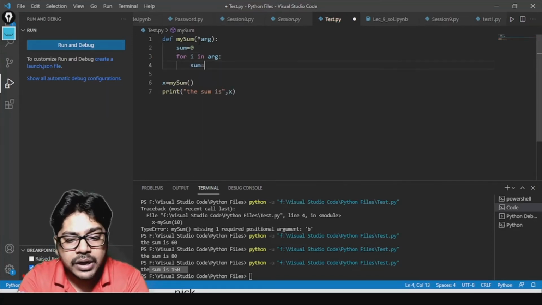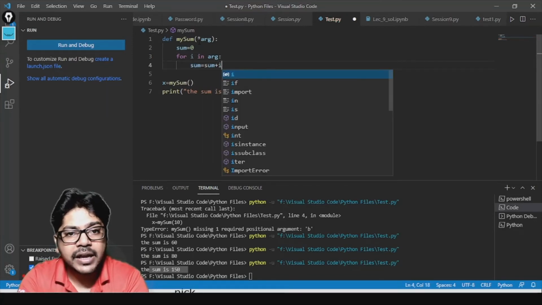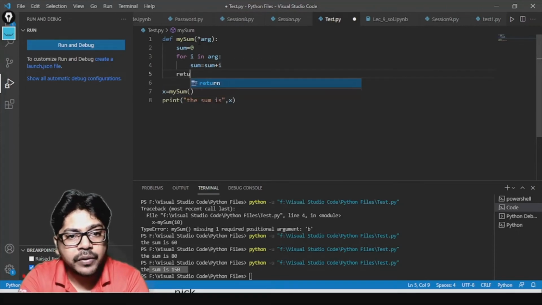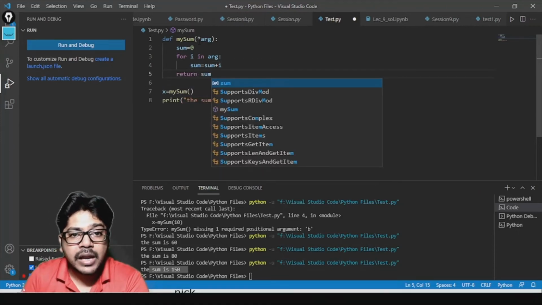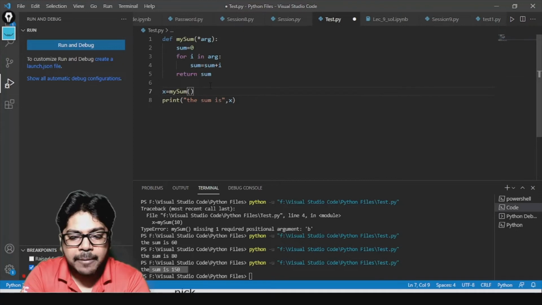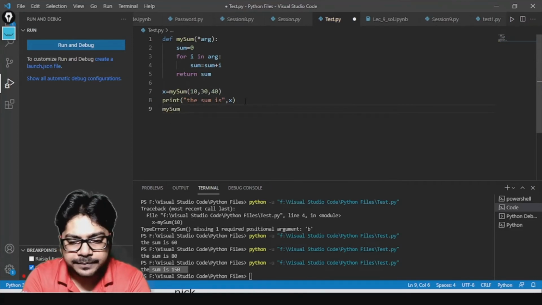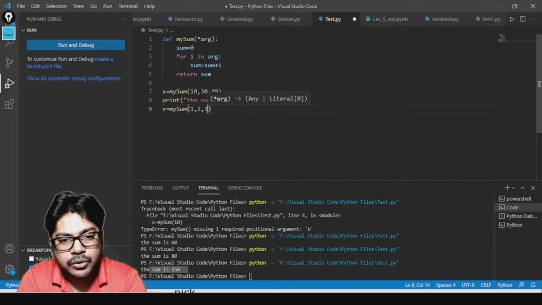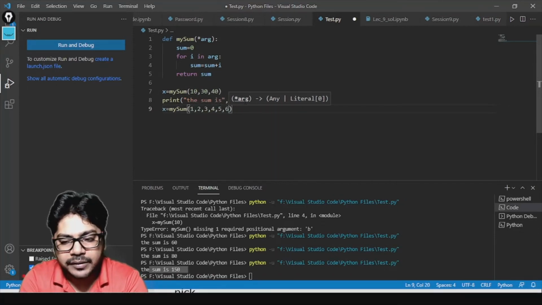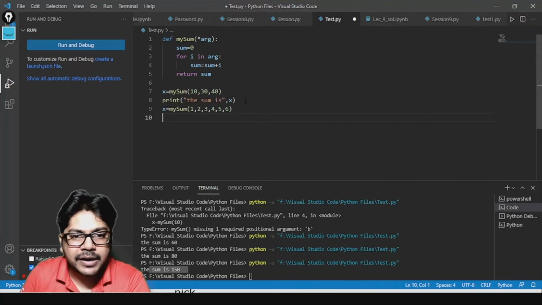And now I'm going to do sum equal to sum plus i, and then after the for loop is over, I'm going to return sum. Now you see here I'm passing 10, 20, 40, and then I'm calling the function again, my_sum, and here I'm passing six values: 1, 2, 3, 4, 5, 6, and then I'm printing the same message.